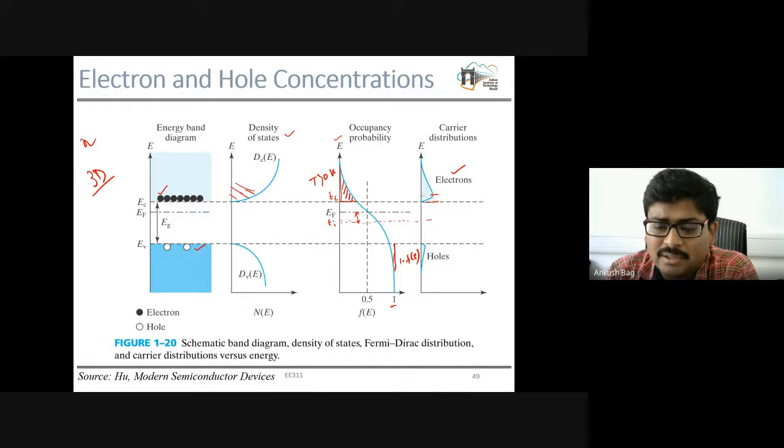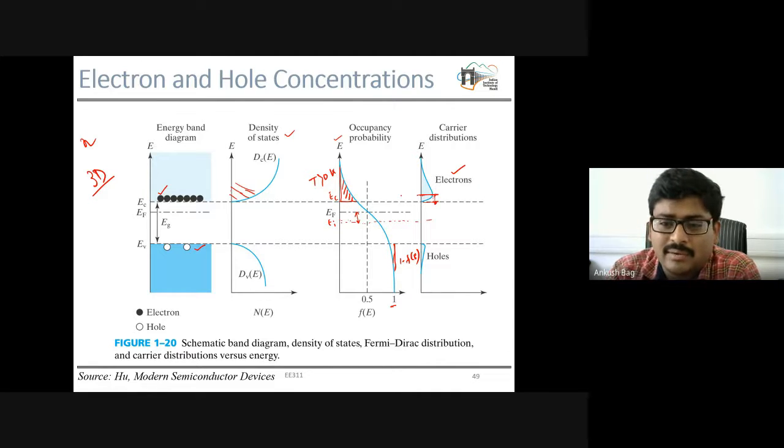Like electrons can easily go from here to here just due to the thermal energy. But at 0 Kelvin, you will be able to find all this effect. So the effect is here our electrons are a little above the conduction band. It is not that at the bottom of the conduction band we have more electrons. A little above the conduction band we have more electrons, and the reason for this,